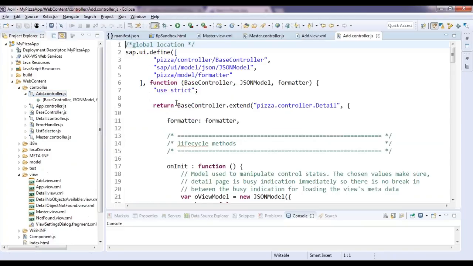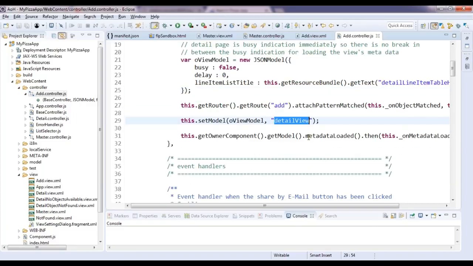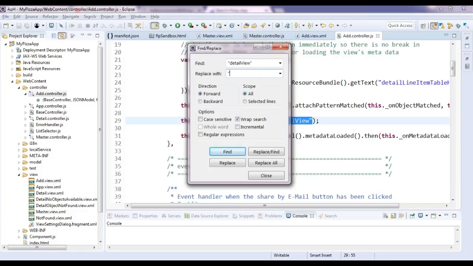So go to add. Now I made a copy, and you can see here I have to change the name to add view, sorry, add controller, and rest all the things are not much needed for me. Maybe I just put here get root add, and some model is available, so I don't want this model, so I just keep it as it is and say add view. So just change this model name, Control F, and that's the beauty of Eclipse. So add view, I want to change everywhere this model name,